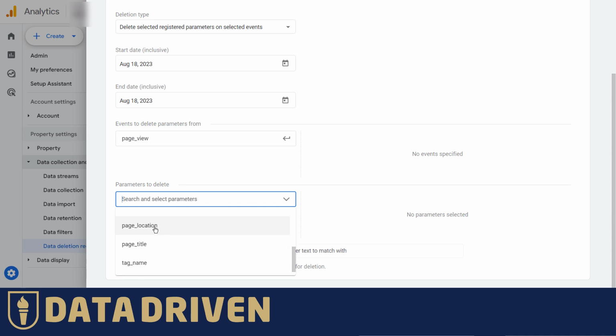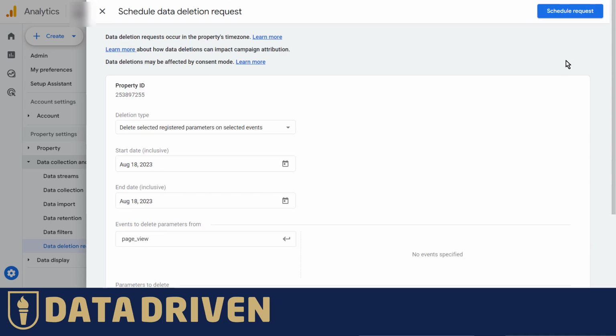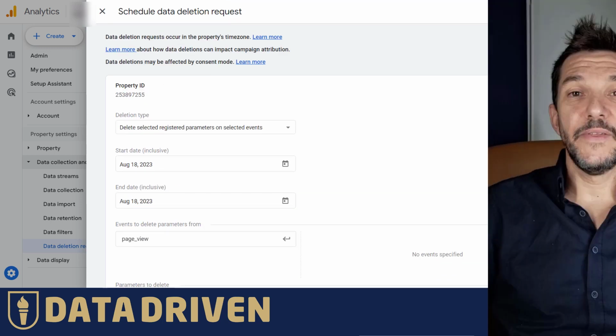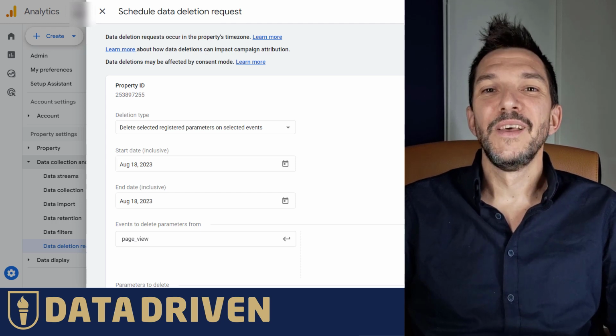Obviously we were looking at page path, but that's just a derivative of page location, and we only want to remove values that contain email address monkey. And the only remaining step is to schedule the report, which I'm not going to do right now, but I